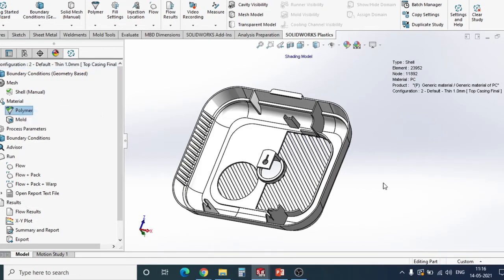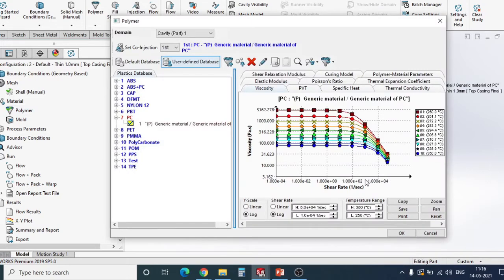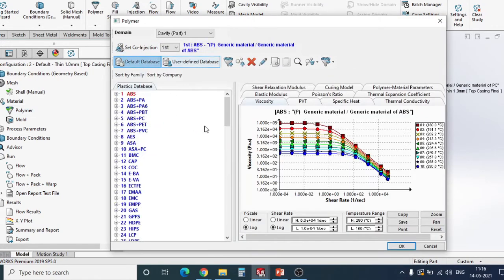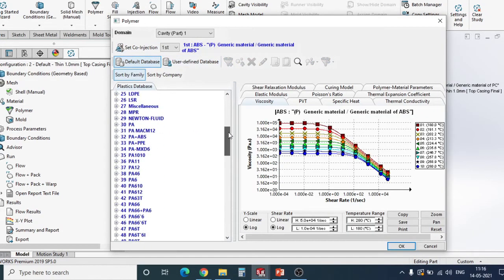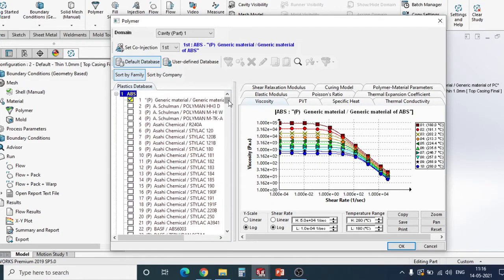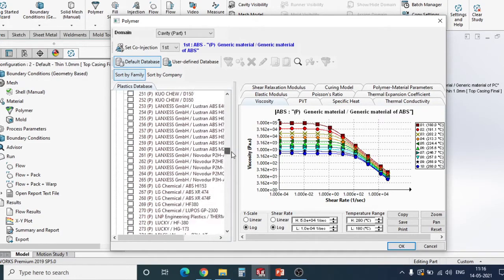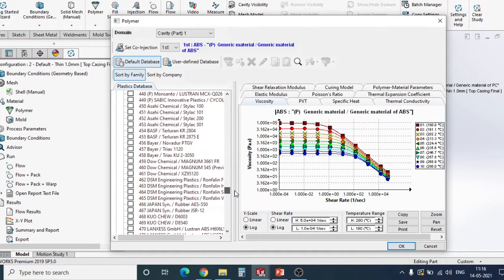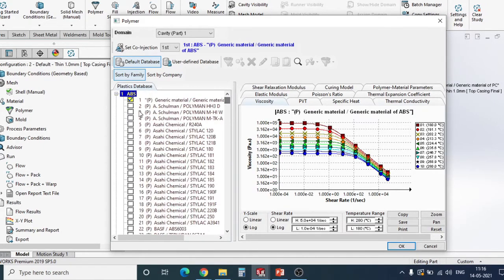Then we apply the plastic material. Here is the very good thing about SolidWorks: we have the database of all the plastics available in industry, correct. If you want to sort by family, in ABS we have hundreds of sub-grades.